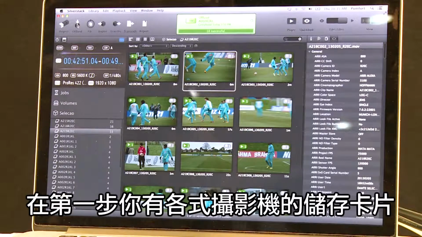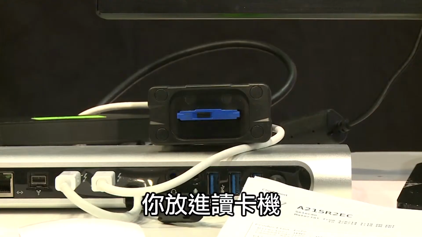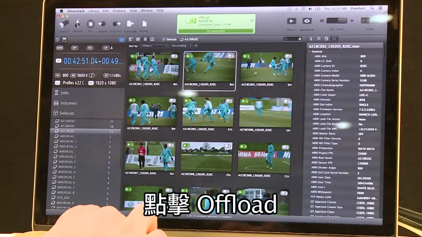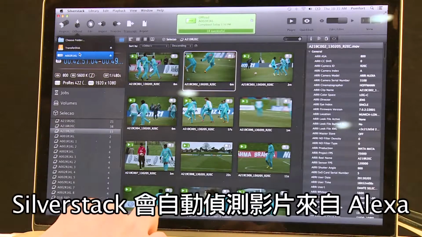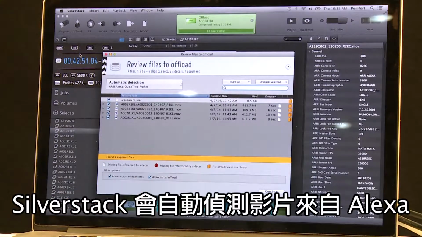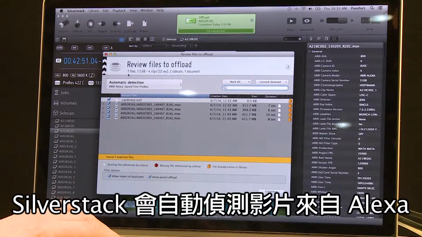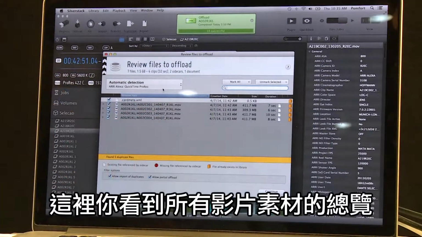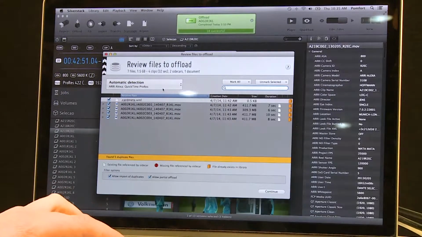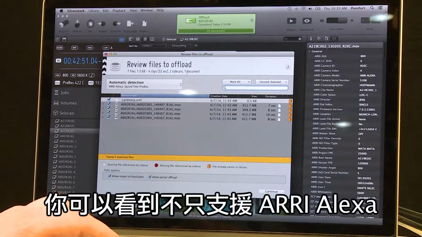In the first step, normally you get an SD card or a different CF card from the camera. You put it in a card reader here, and with a click on offload, Silverstack already detects that these files are coming from an ARRI Alexa camera. Here you have a short overview over the clips, and you can also see that we